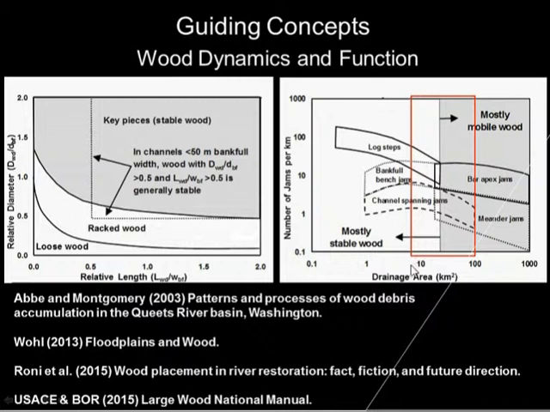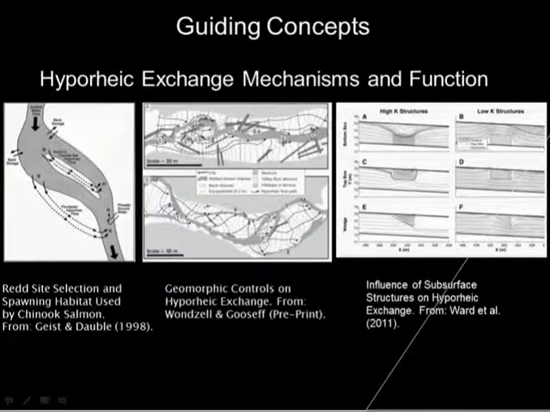In the watersheds where I work, we have a whole host of different types of log jams that operate, and so what I'll be presenting is how they interact and how we utilize them to change the system. Another important concept is what Aaron was talking about earlier, and DJ, using hyporheic exchange mechanisms to improve spawning, and to increase flow into the floodplain for water storage that recharges and comes back as base flow.